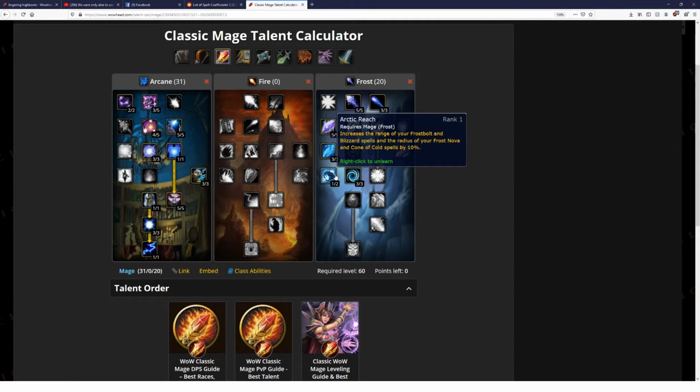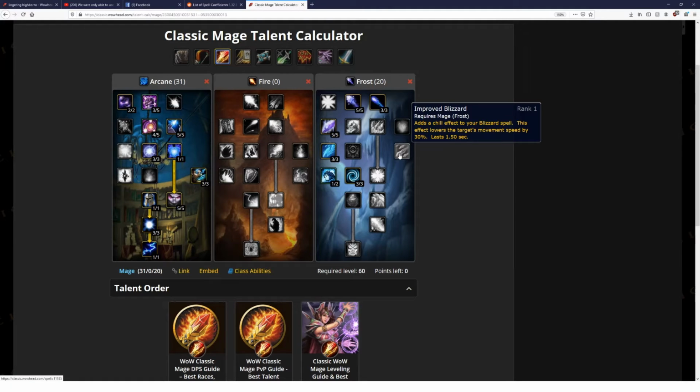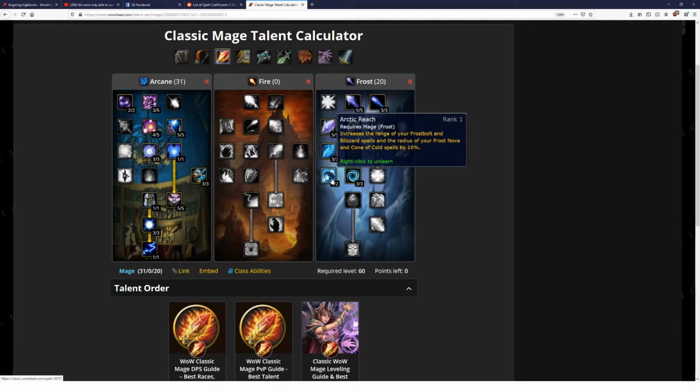The reason I put 1 into Arctic Reach: in the past, before I was raiding, when I was still doing dungeons, still preparing, I put 1 into Improved Blizzard. But once I got to raiding, I realized that the 1 out of 2 in Arctic Reach is basically required. This is because for many mechanics, the range of the boss is 30 meters. By having 1 out of 2 in Arctic Reach, you'll have a range of 33. So you'll be able to completely avoid a lot of mechanics while still doing damage if you have just these